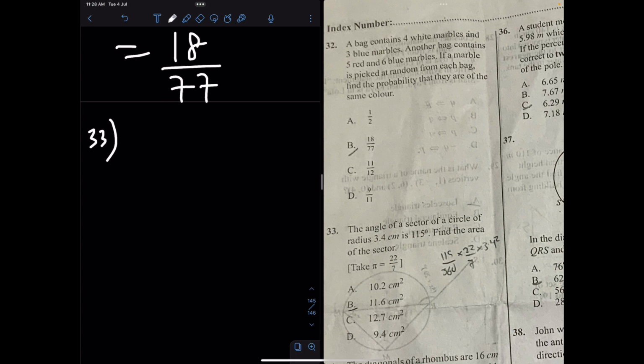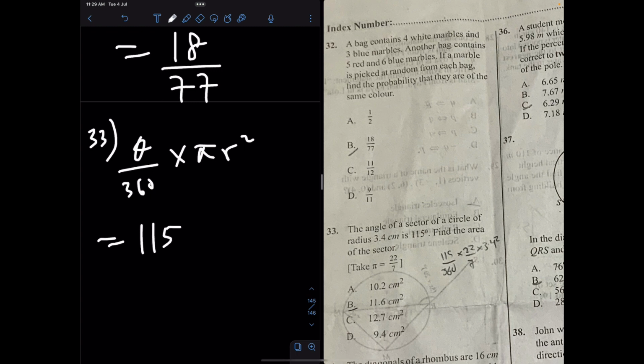The angle of a sector of a circle of radius 3.4 centimeters is 115 degrees. Find the area of the sector. That's a piece of cake. Area of sector equals theta over 360 times pi r squared. And that's equal to, they already gave us the value of pi, which is 22/7. That's 115 over 360 times 22/7 times r is